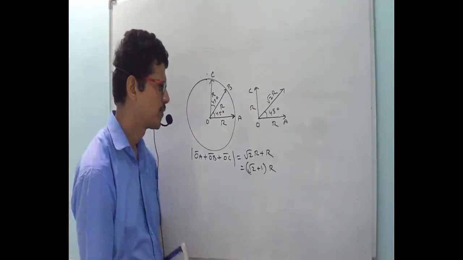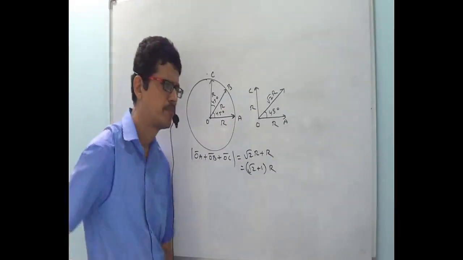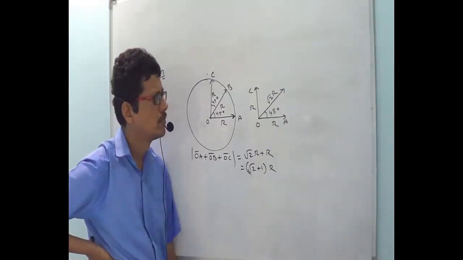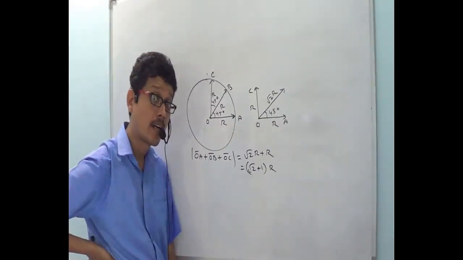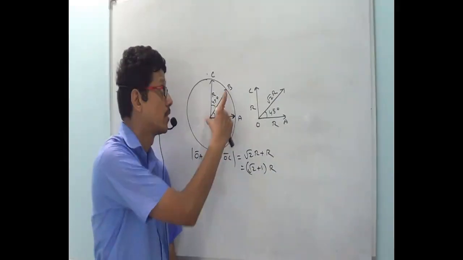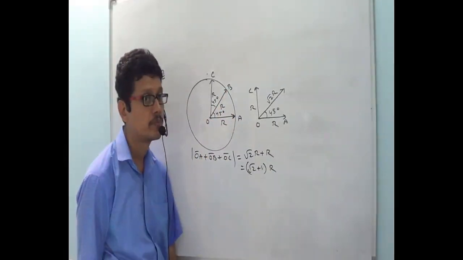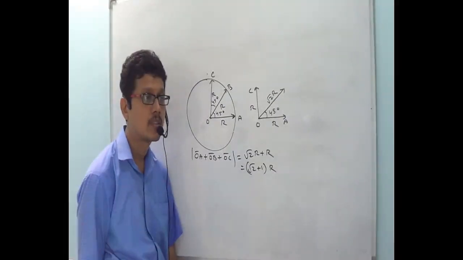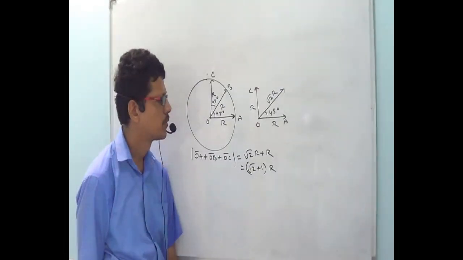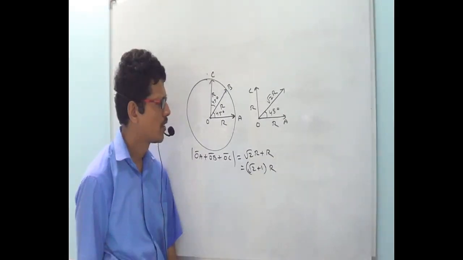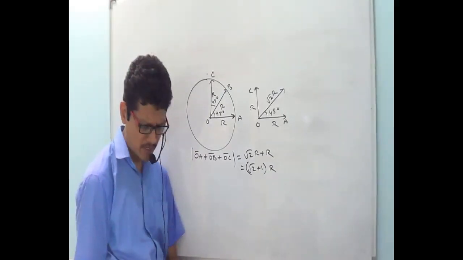Root 2R, what should be added to it? R should be added. This one. Okay. So easy question only. Next,